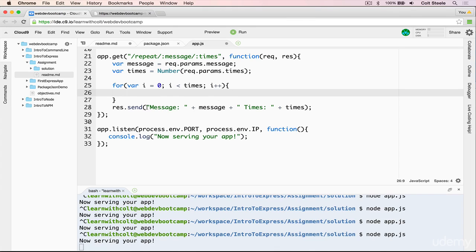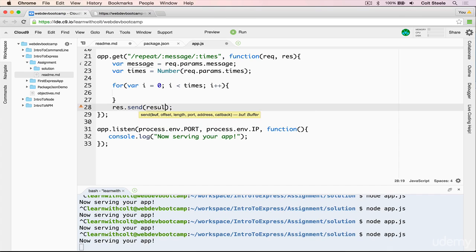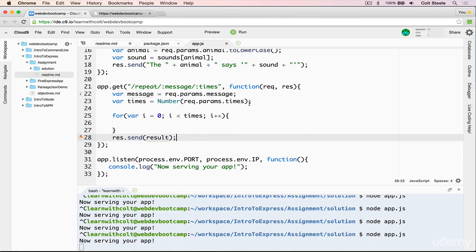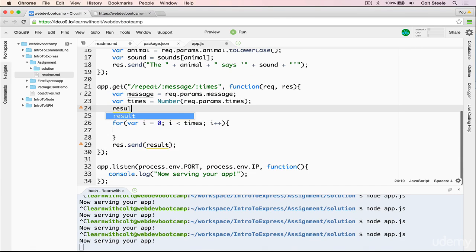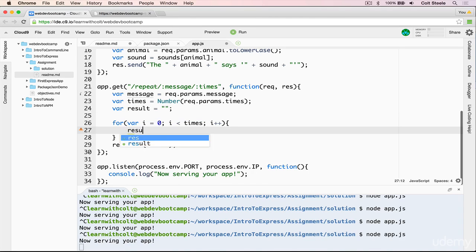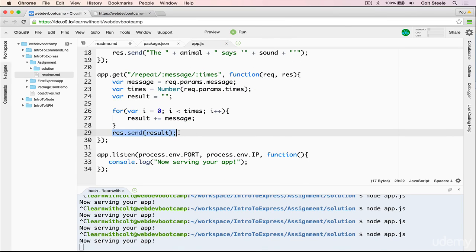So we need to do a res.send, and let's just do res.send(result), which is a variable that doesn't exist yet that we need to define. And we'll start with var result equals empty string. And then inside the loop, each time we'll do result += message, just like that. And this will then send back the result string that we've constructed, that we've built up by going through this loop. So restart the server again, refresh,